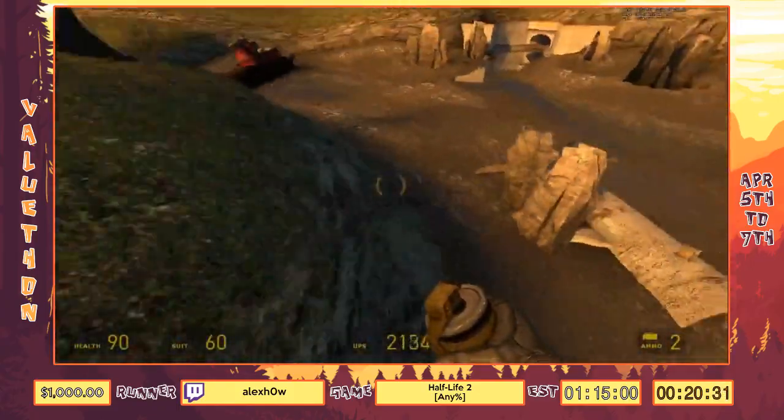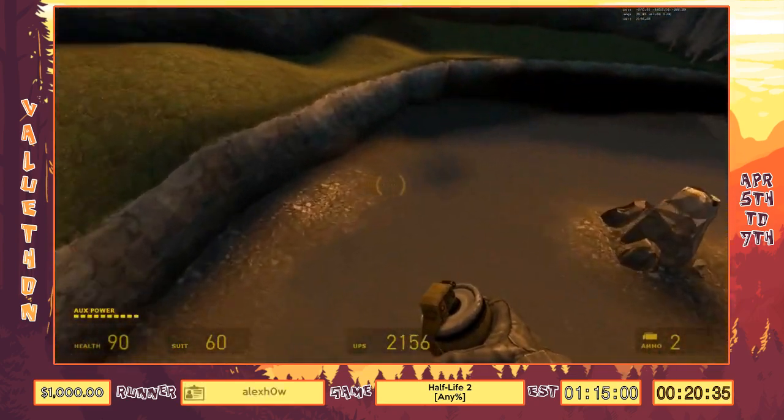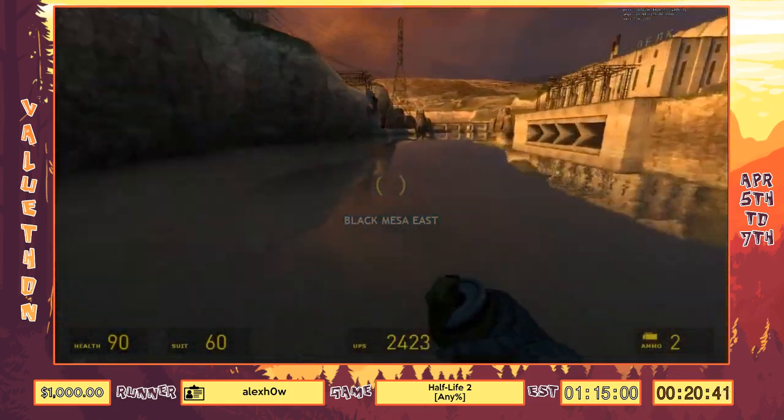And we're just going to be on our last map of Boatless, where we're just going to ignore the helicopter and just launch over this thing. Okay, whatever. We did it. Okay, now that we're done with that, we're in Black Mesa East. And